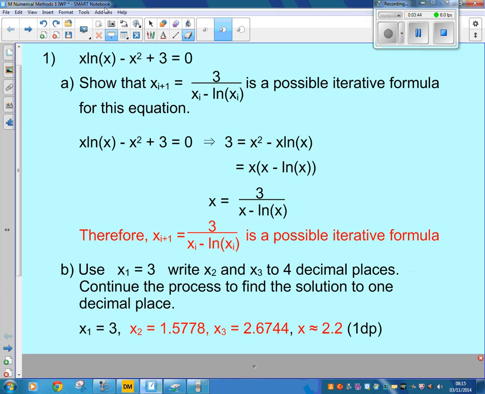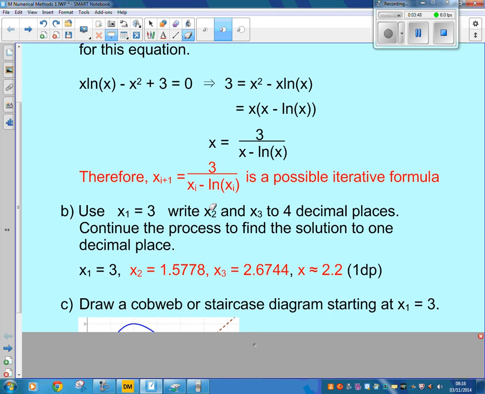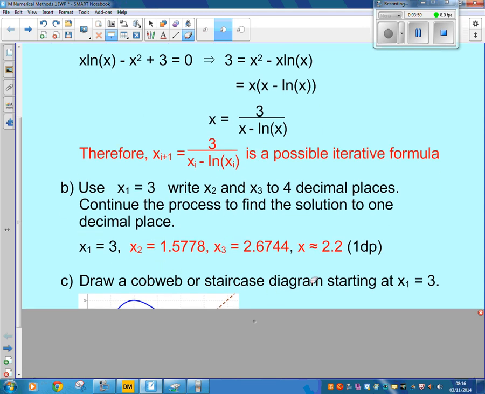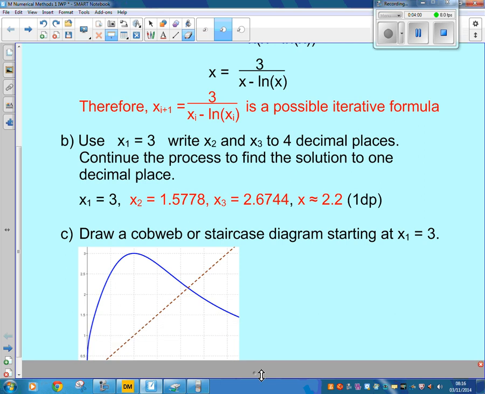Okay, let's go on. I think that's the end of that question. Oh no, next bit. Draw a cobweb and staircase diagram starting at x1 equals 3. So we're doing a cobweb and staircase diagram. We're given the actual graph. So this is the graph here of x equals 3 over x minus ln x,